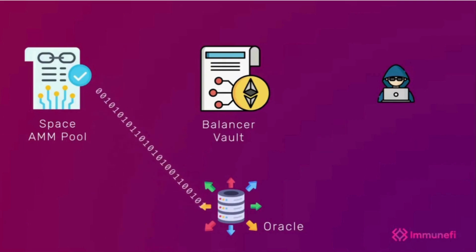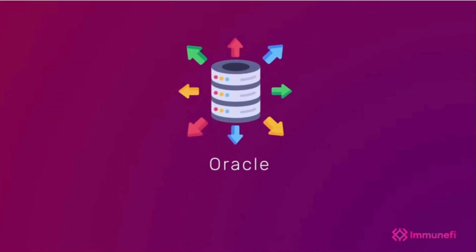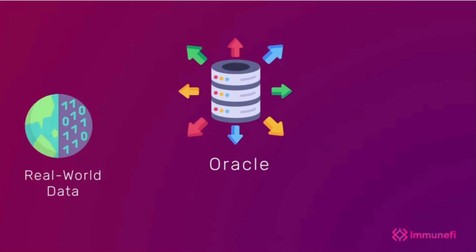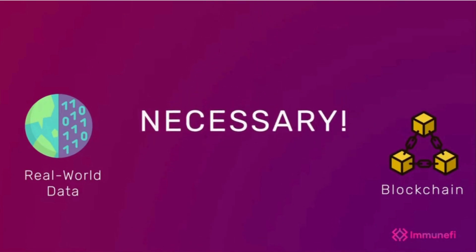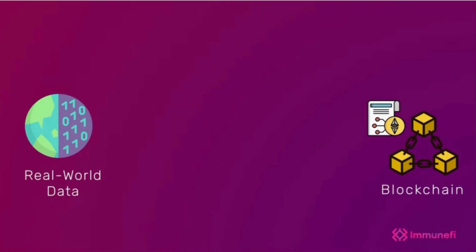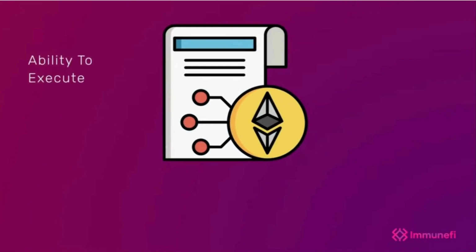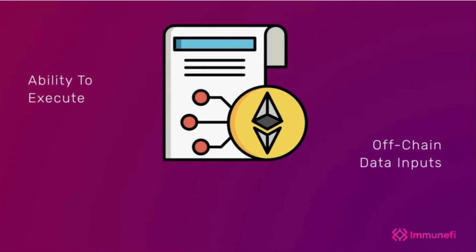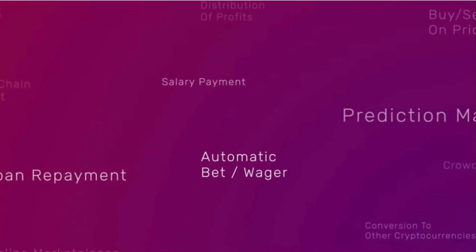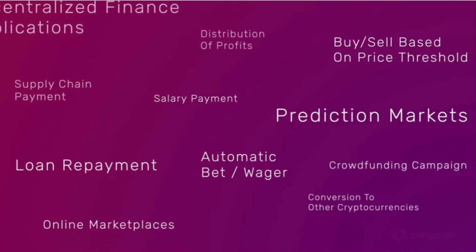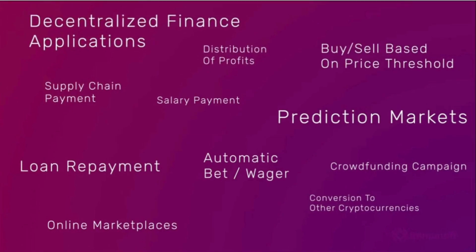pool contract. Oracles are the data feeds that bring data from off-blockchain data sources and put it on the blockchain for the smart contracts to use. This is necessary because smart contracts running on Ethereum cannot access the information stored outside of the blockchain network. Giving smart contracts the ability to execute off-chain data inputs extends the dApps' value. For instance, there are multiple cases where we would need to know about the current prices of Ethereum, and for that, we can use price